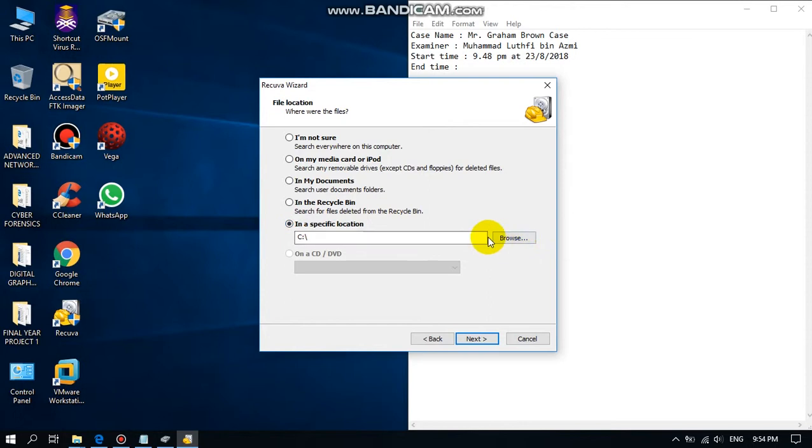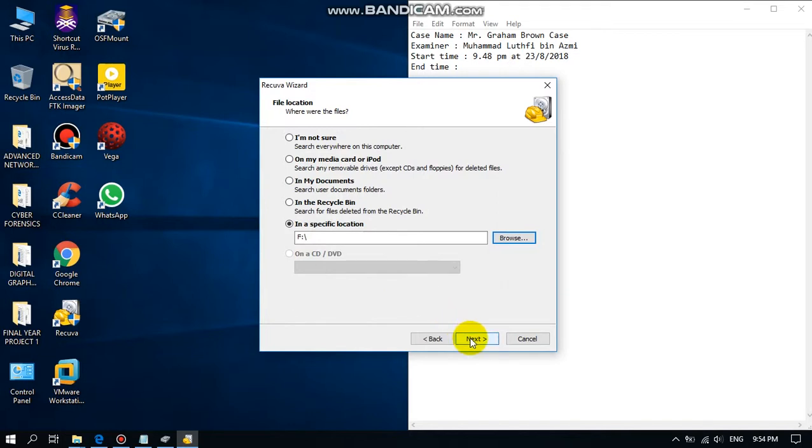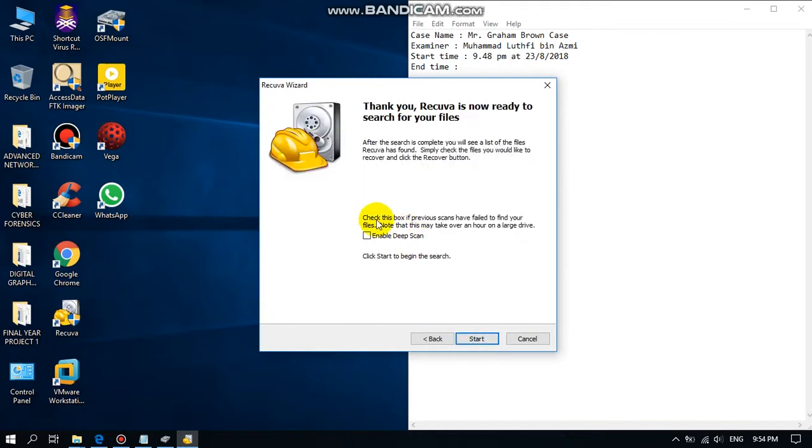Here we click all files. Since we know the location of the floppy disk, which is F,